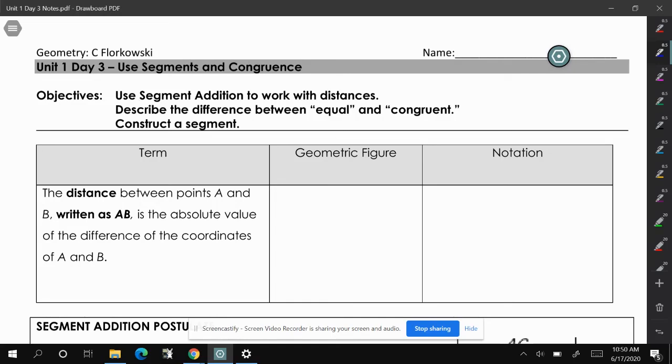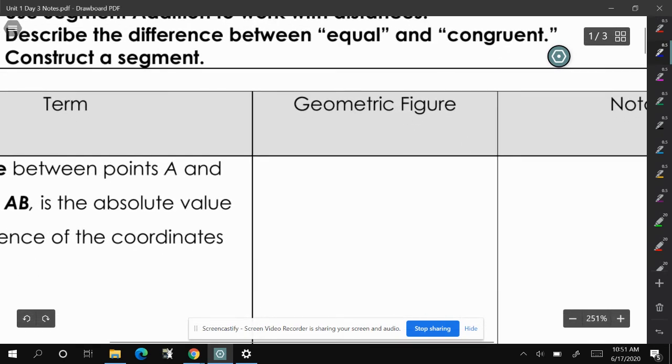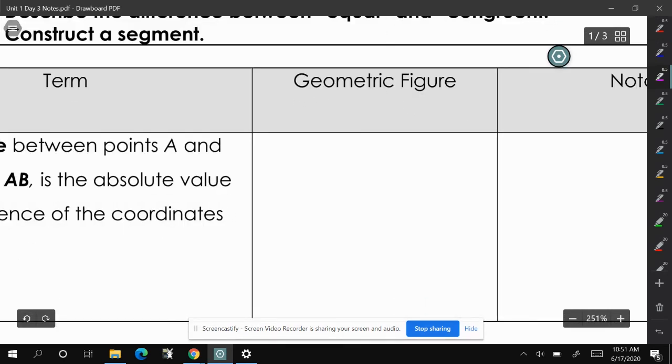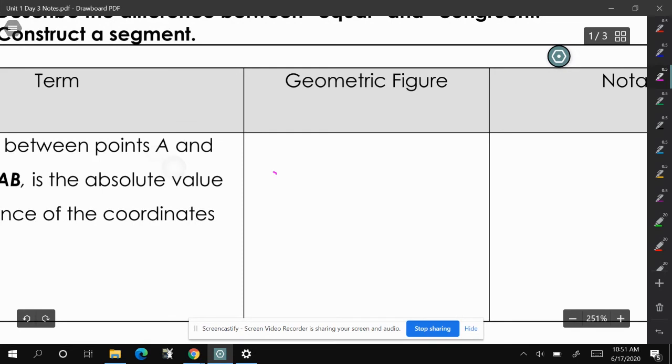Today we'll be talking about segments and congruence. And to really talk about those topics, we need to understand distance. I know you all know what distance is, how far something is away. I am 3 miles away from the school. That is your distance. Now, what this will look like geometrically, if we have point C,